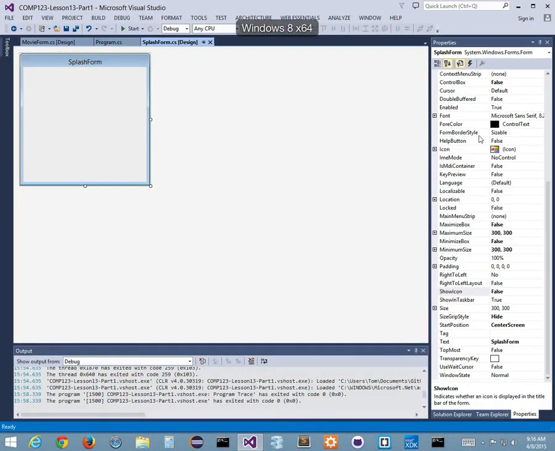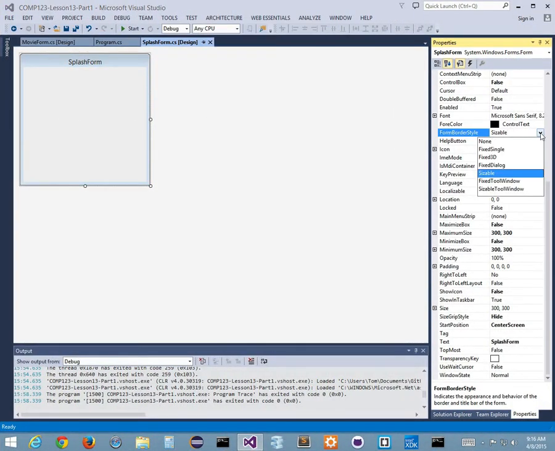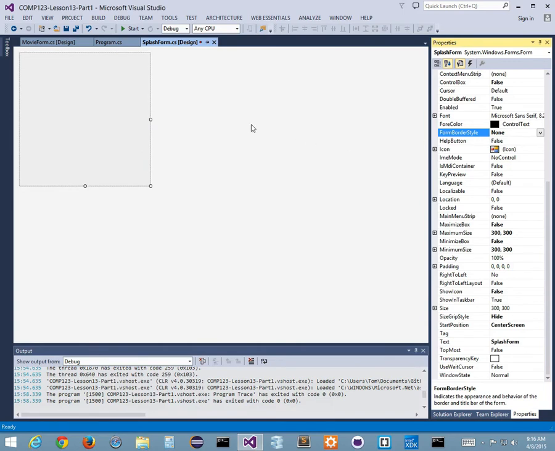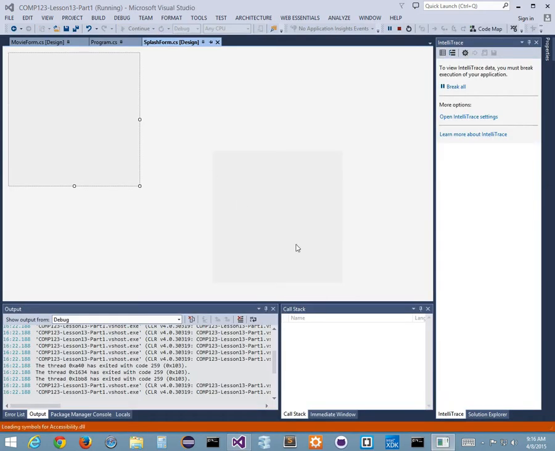Okay, so form border style property right now is sizable. I'm going to make this none. What does it do? It looks like this. Right? Okay, cool. Let's try this out. Boom. It comes up in this style right here. Right? Can you see it? We can't see it, but